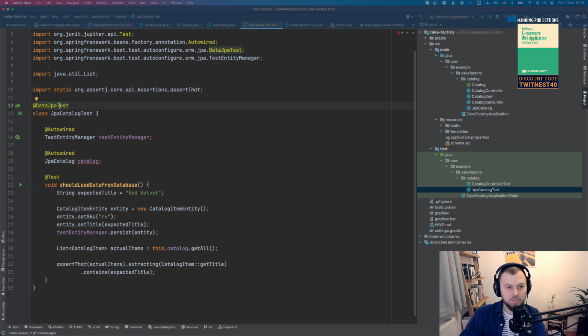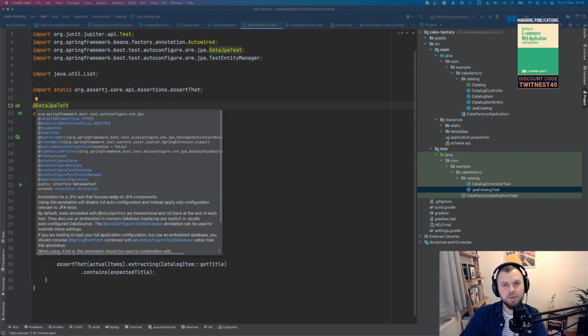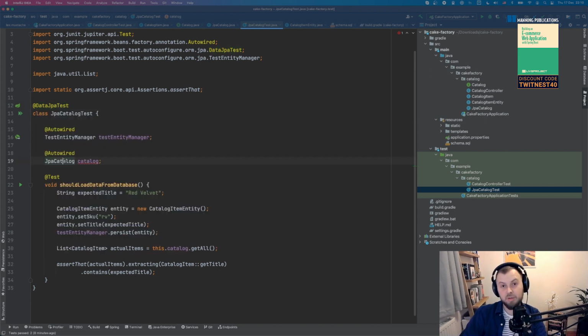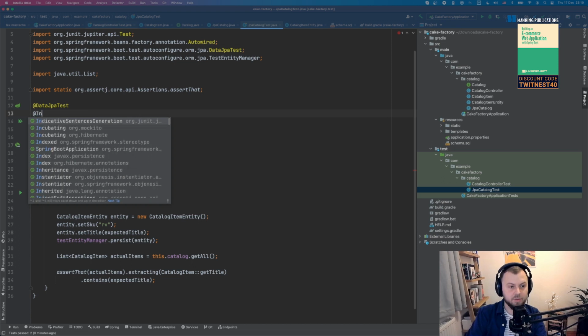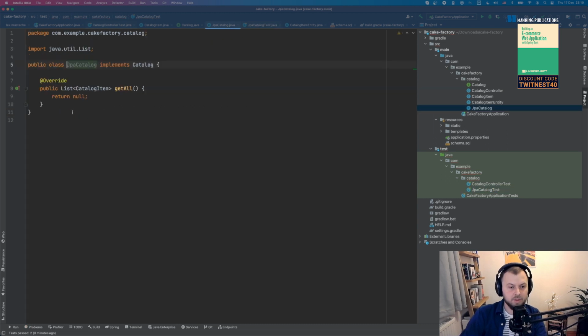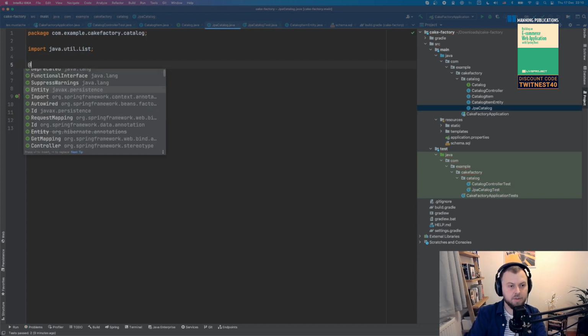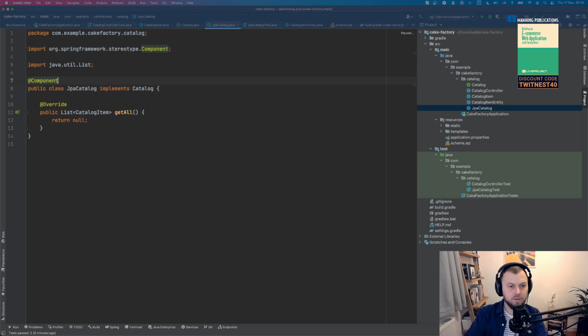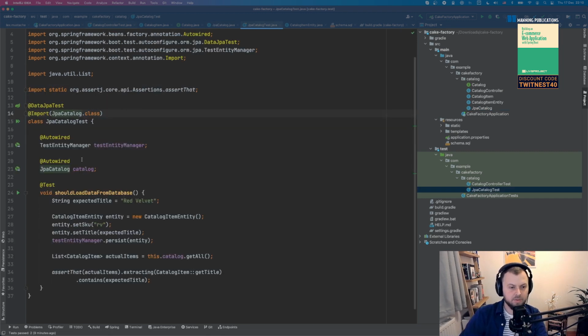Cool. So yeah, this instance is not yet created, and it's not auto-wired, because if you check the data JPA implementation, it doesn't actually auto-wire your user components for you. And this is my user component, right? It's not part of JPA. So what I can do now is I can either manually craft it in my code, or I can also just import my configuration. And I can say JPA catalog.class. So it will basically automatically create a component for me. And if I mark it as a component, yeah, it will be automatically discovered by my test.